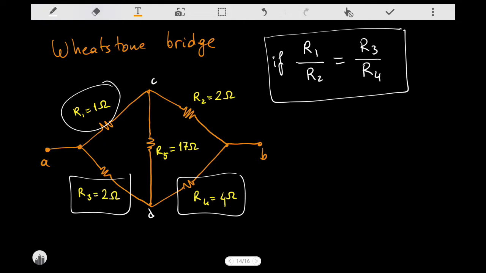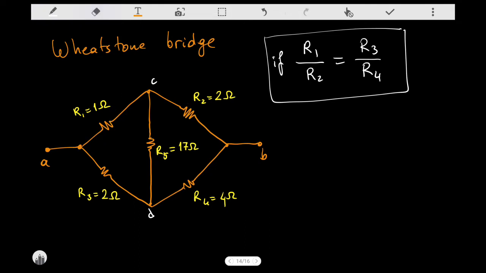So let me erase these things in here, and I'm just going to write it down like that. So I'm going to assume, suppose R5 is not there, right? Suppose that this fifth resistor is not connected, so there's infinite resistance in here,